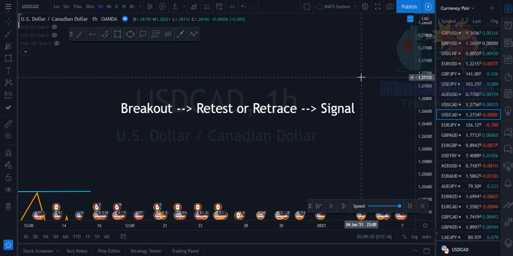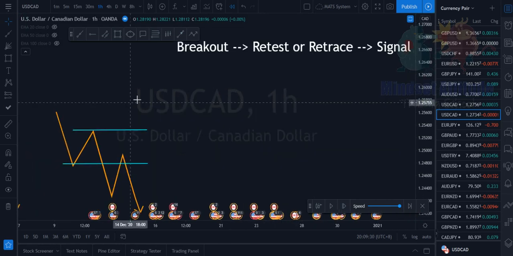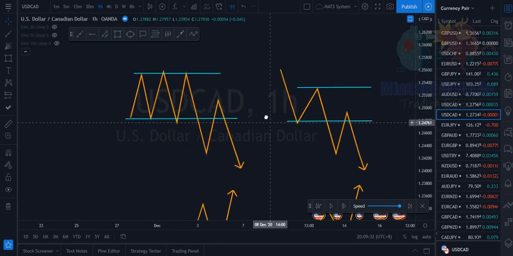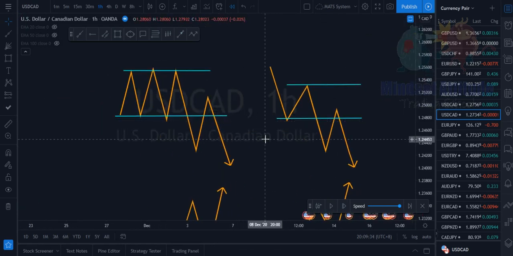The first thing that we always look for in terms of this particular technique is a breakout. So what do we actually want before we even go down to breakout? We are looking for the market structure first. We want to break out from a market structure. So in terms of currency or